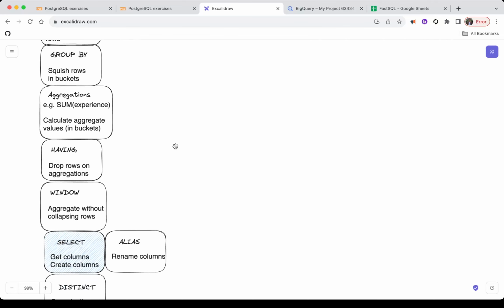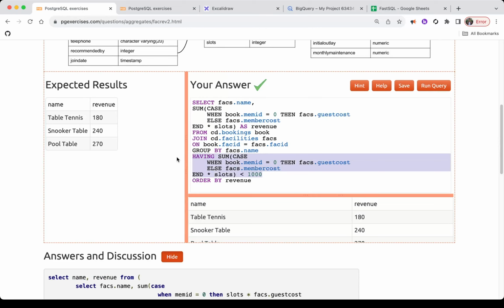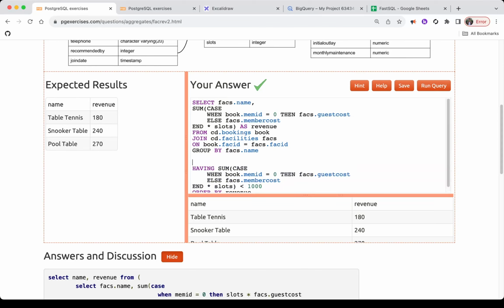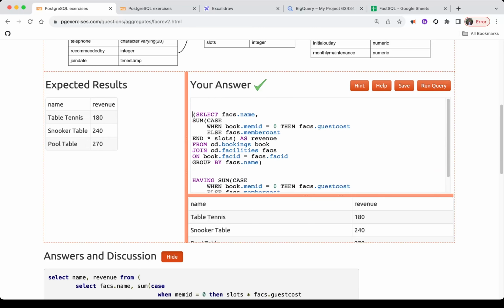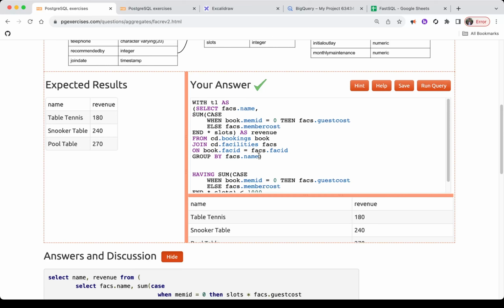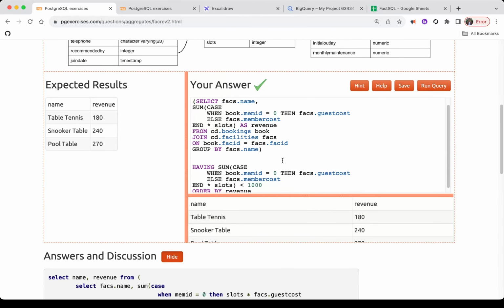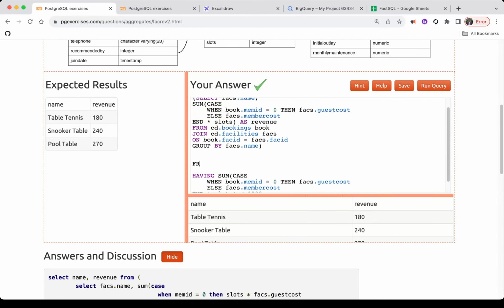However, I do not recommend repeating logic like this in your queries because it increases the chances of errors and it also makes them less elegant, less readable. So the simpler solution we can do here is to take this original query and put it in round brackets and then create a virtual table using a common table expression here and call all of this T1. And then we can treat T1 like any other table. So I can say from T1